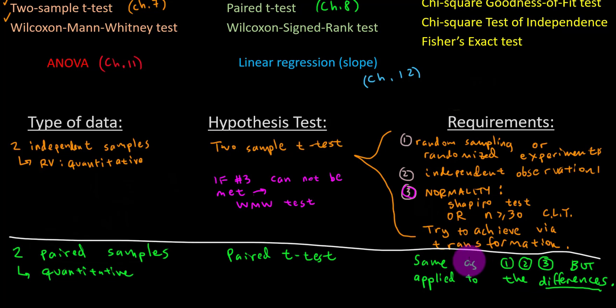Oftentimes with the paired t-test, due to those differences, you often get negative values, and so transformation can be tougher because we don't generally square root or take the logarithm of negative values. But again, that same process applies if this third requirement, which is that the differences need to pass this normality test, or there need to be at least 30 of them. If number 3 can't be met,